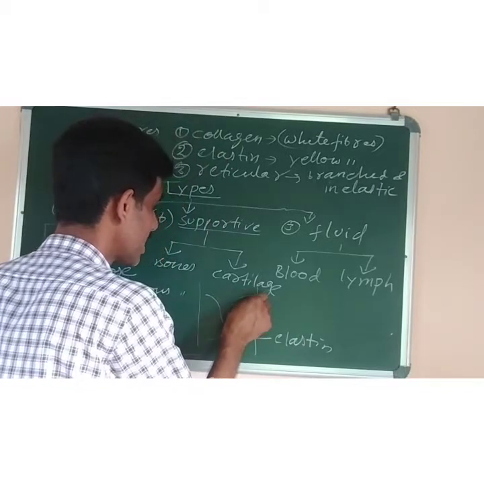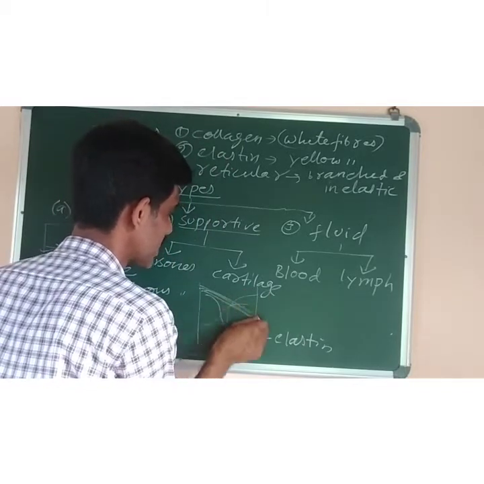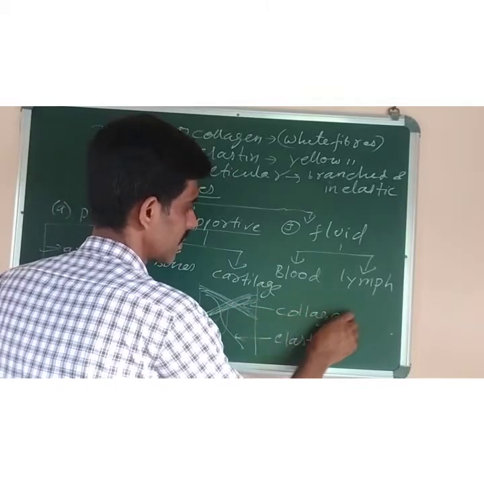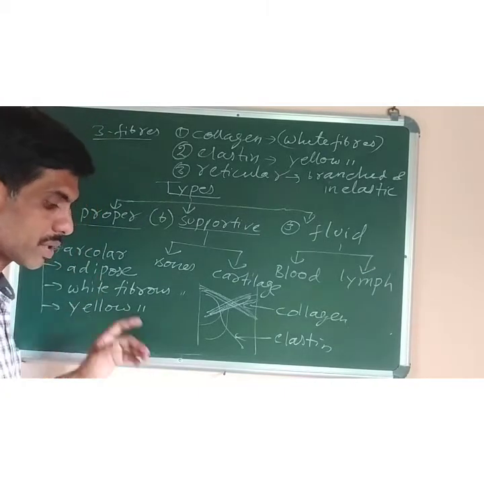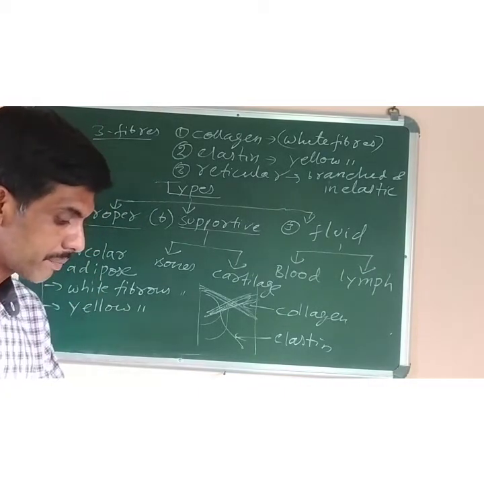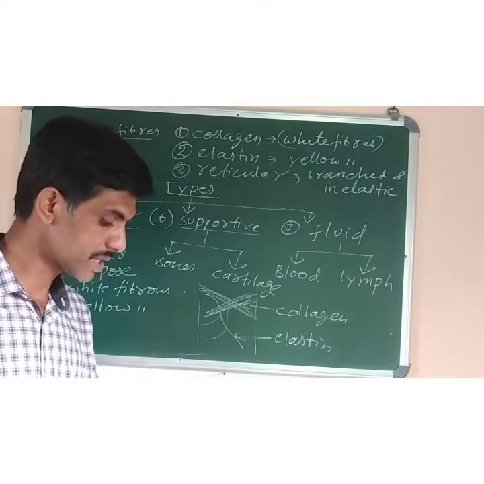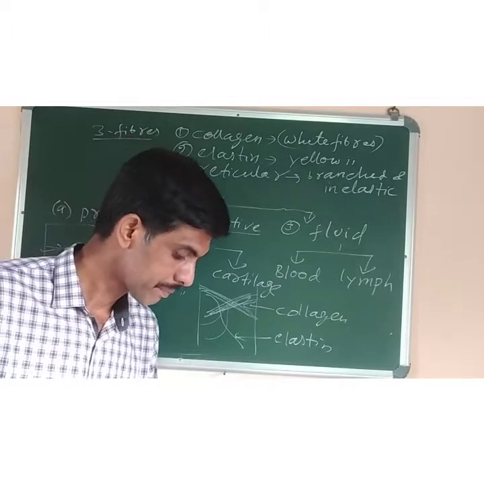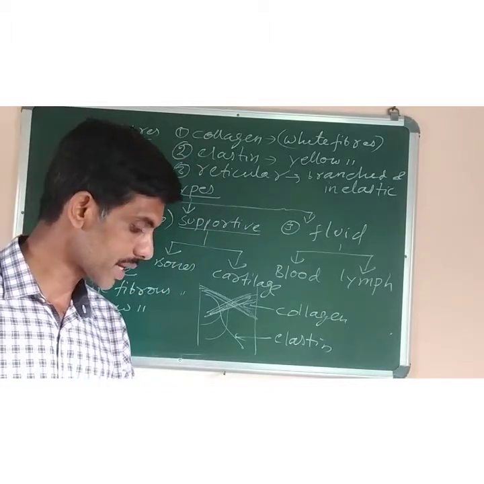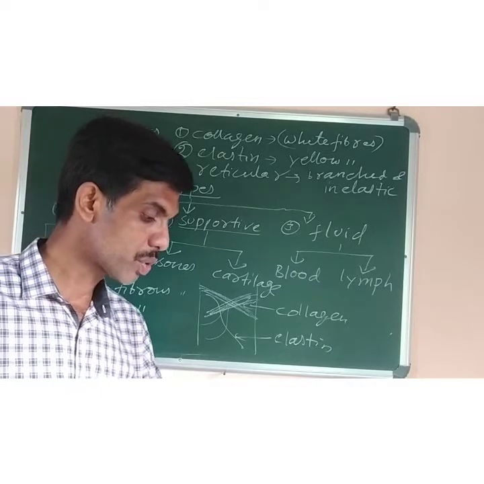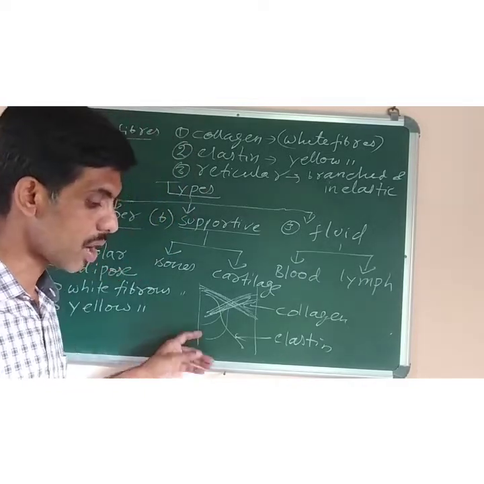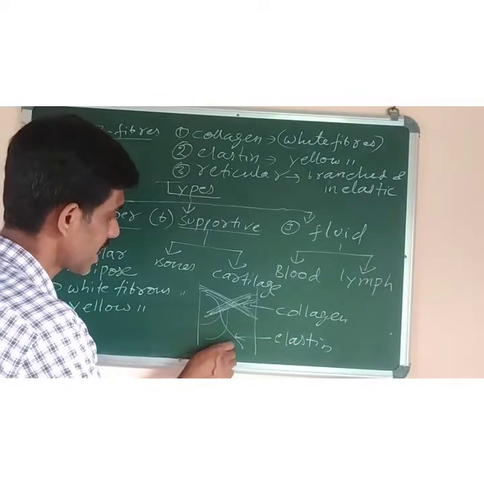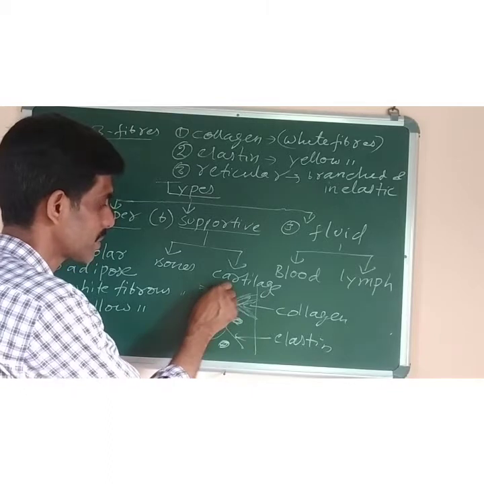And the thick, ribbon-like fibers are called collagen fibers. So this areolar tissue is distributed throughout the body. It is found below the skin, around the blood vessels and the nerves, and in the bone marrow also. The matrix is gel-like and transparent, and it contains proteins and mucopolysaccharides like hyaluronic acid. Two kinds of fibers are present: collagen or white fibers, and elastin or yellow fibers. Several types of cells are present, like fibroblasts and macrophages.